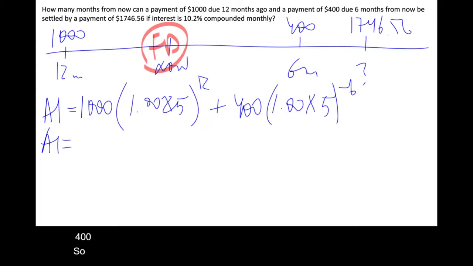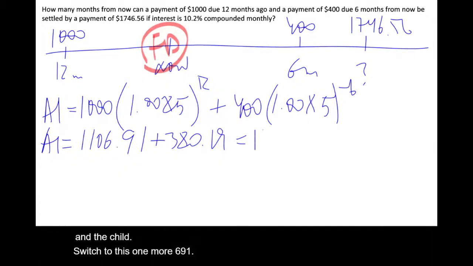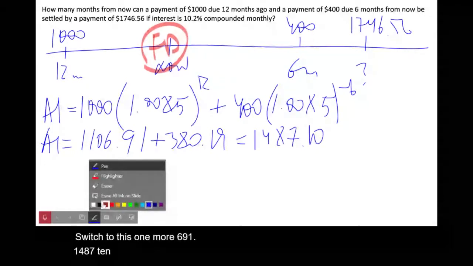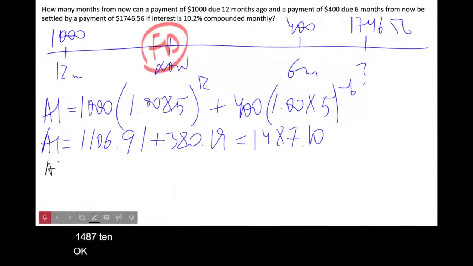Okay, so A1 is 1106.91 plus 380.19. So plus 1106.91, that's 1487.10. Right? Okay, A2